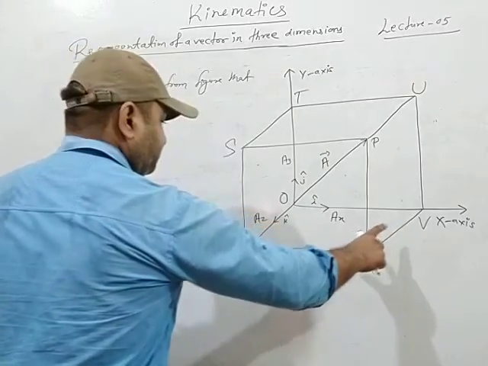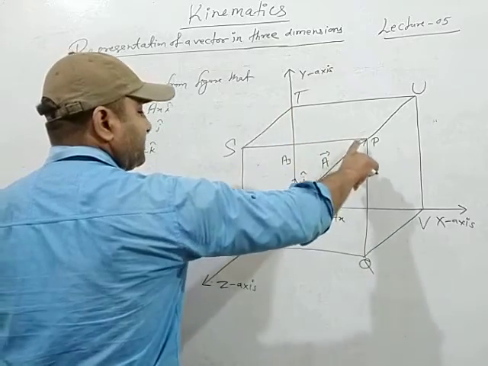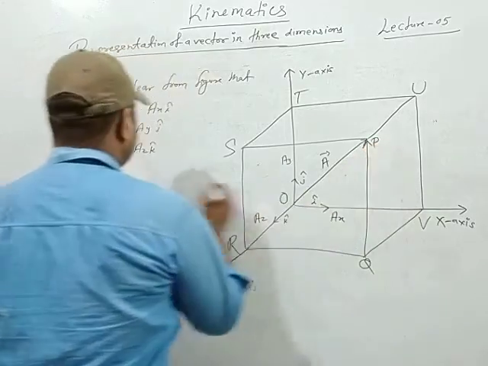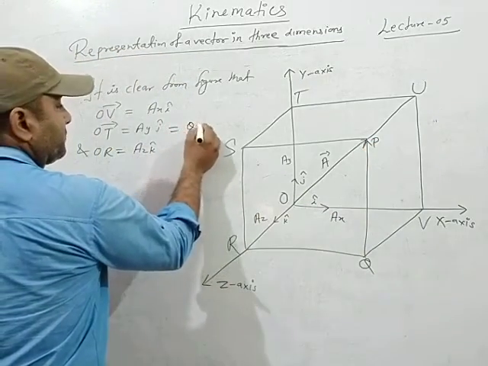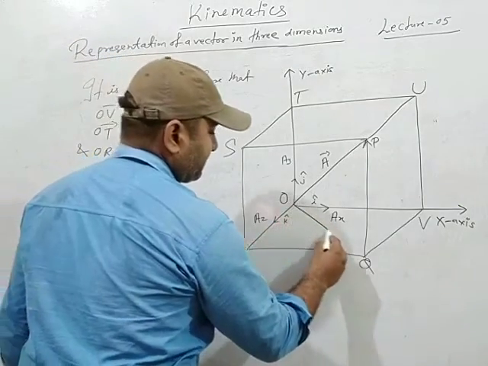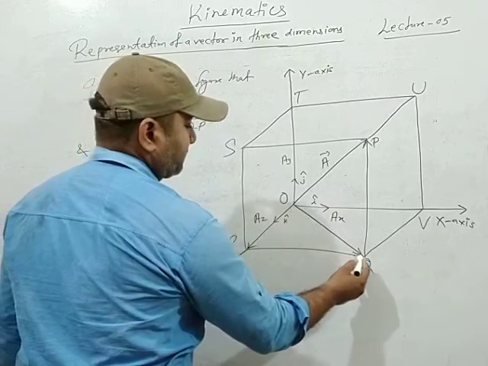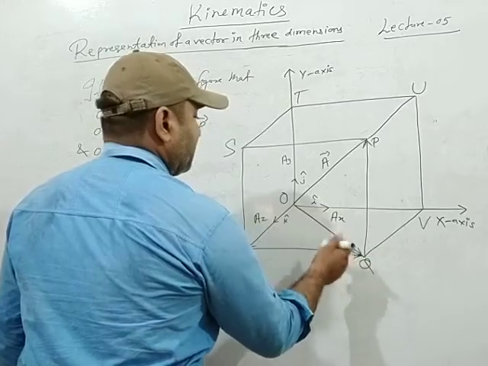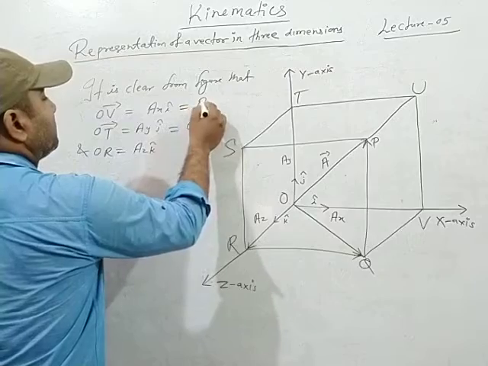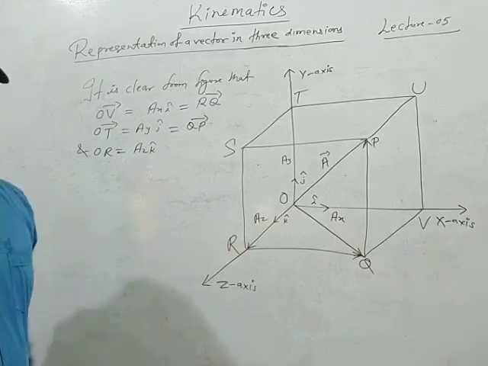And then after, this OT will be equal to what? PQ, then QP. OT is equal to QP vector. And if we join here this, OV is equal to what? That will be RQ. OV is equal to RQ. Clear? So in triangle ORQ,